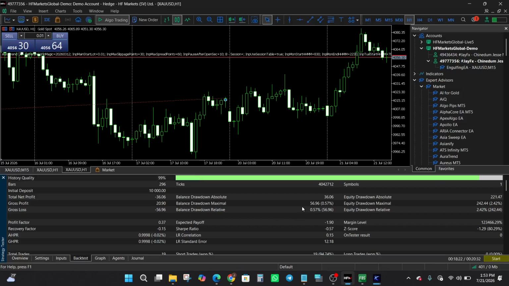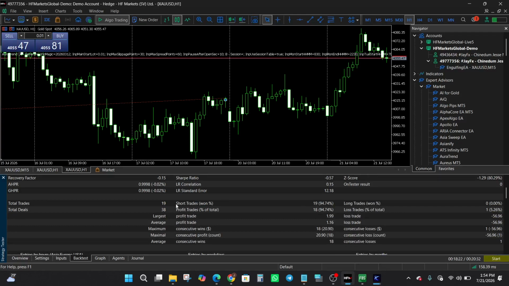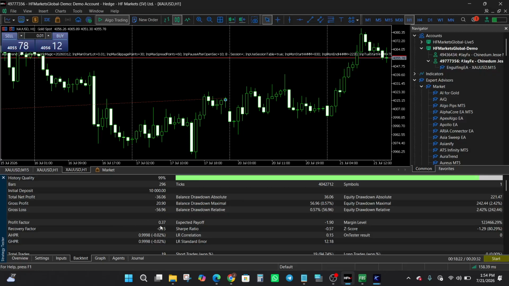And then, of course, you pay attention to the drawdown levels. In this case, it was just 0.57% for the maximal balance drawdown. And then the maximal equity drawdown was at 2.42%. Okay, it was pretty contained, right? And then you also have to look out for the number of trades and the profit factor. In this case, 19 trades were executed, out of which 18 were profitable, giving us a 94.74% win rate. The profit factor was 0.37, which shows that the gross loss was substantially higher than the gross